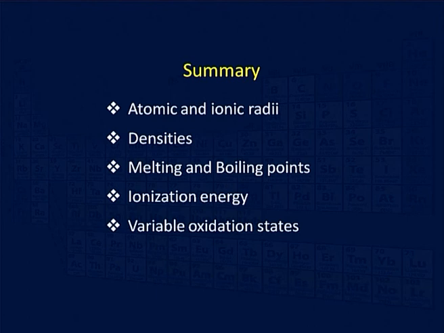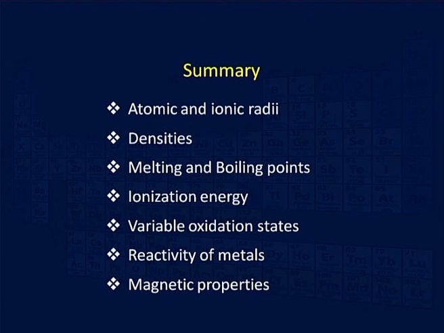The existence of these metals in different oxidation states, that is the variable oxidation states possessed by the transition metals in the second and third series. And also we have seen the reactivity of the metals, that most of these metals have a noble character, in particular the platinum group of metals and gold, and in the end we have seen that most of these exist in the low spin state. With this, we are completing this lecture.